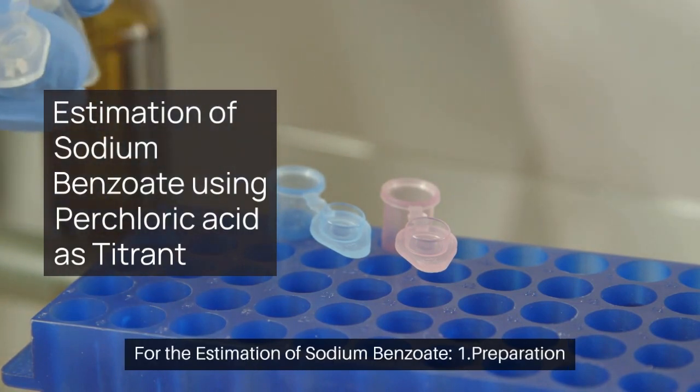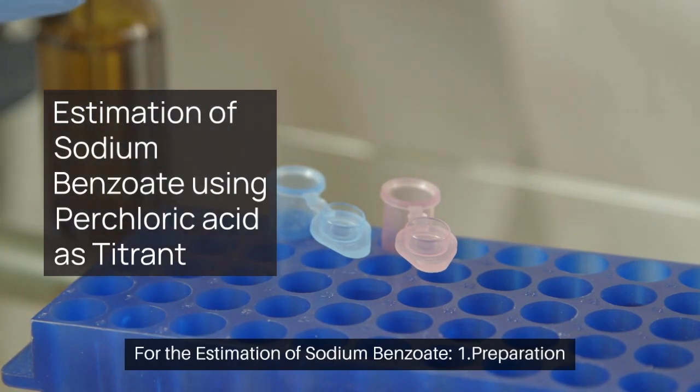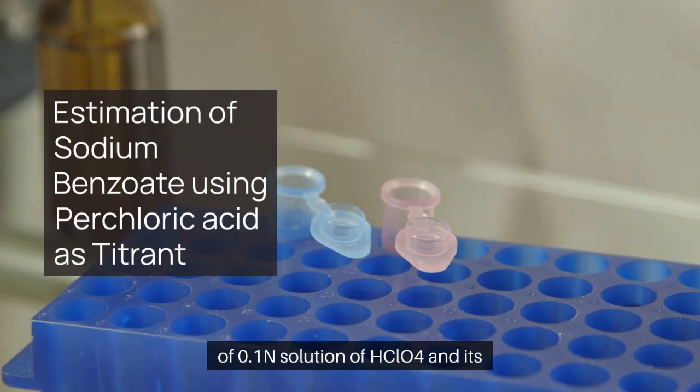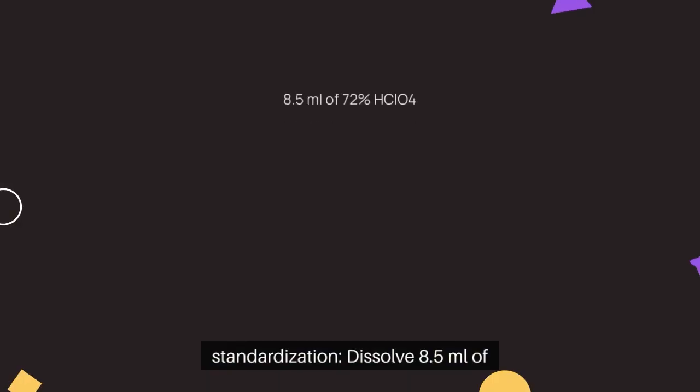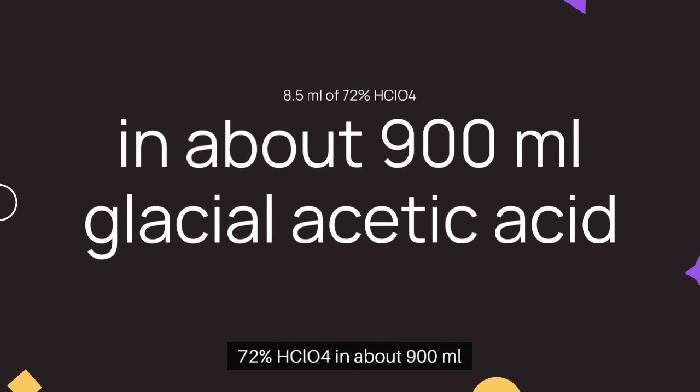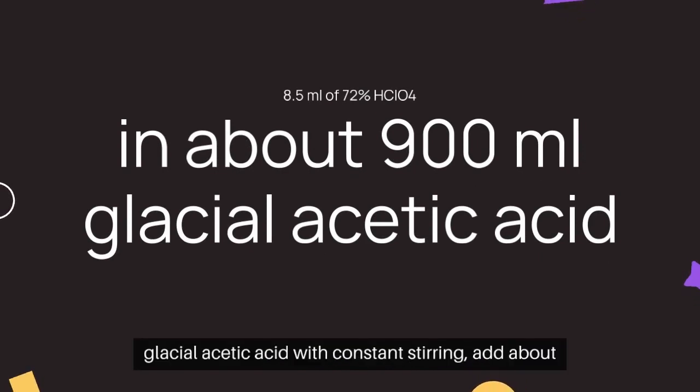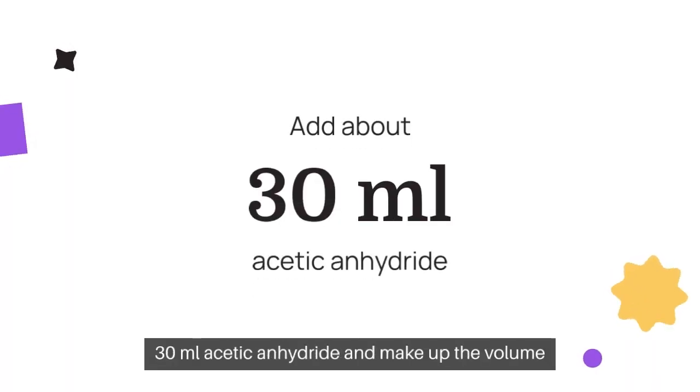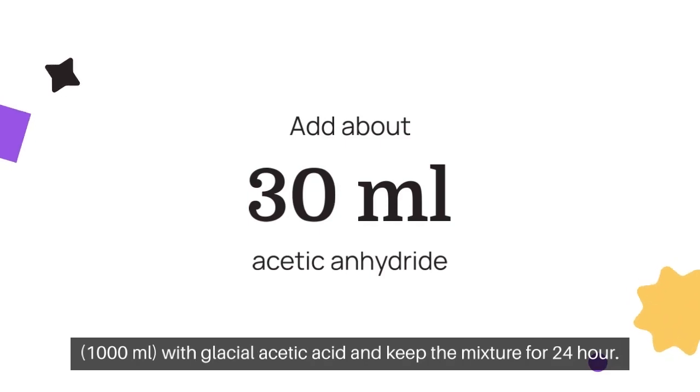For the estimation of sodium benzoate: 1. Preparation of 0.1 N solution of HClO4 and its standardization. Dissolve 8.5 ml of 72% HClO4 in about 900 ml glacial acetic acid with constant stirring. Add about 30 ml acetic anhydride and make up the volume to 1000 ml with glacial acetic acid, and keep the